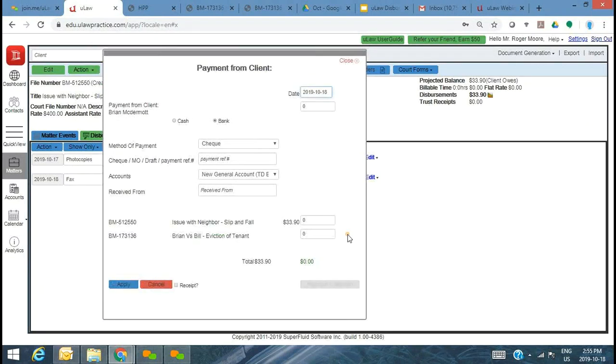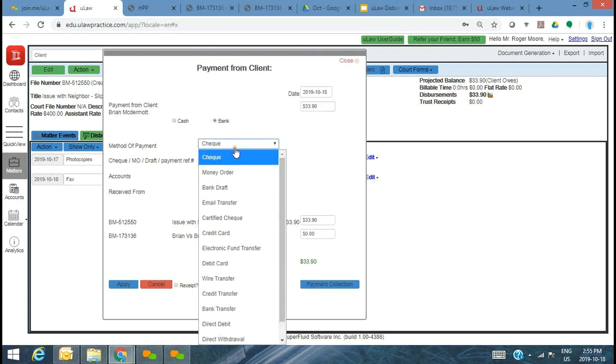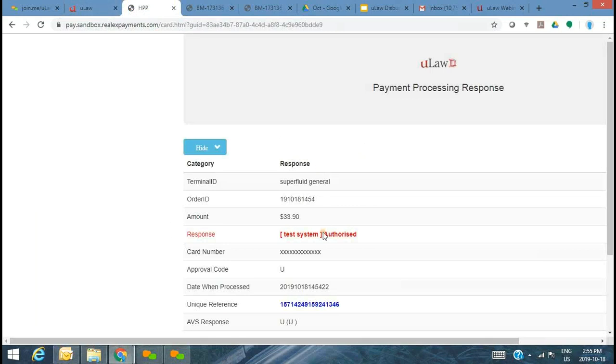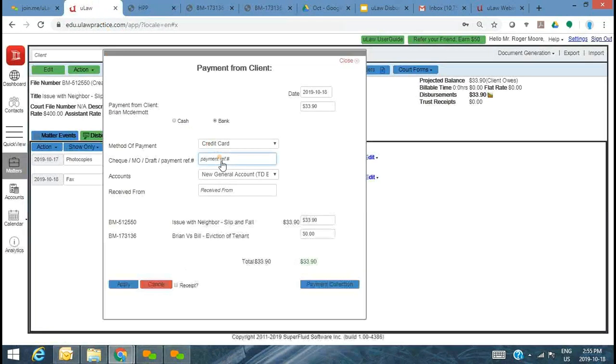So let me go ahead and accept that payment. Got a credit card payment. I'll get the payment reference from the credit card payment that I just received.